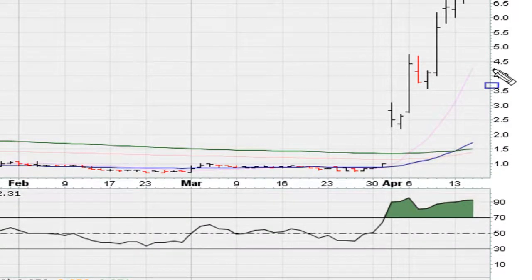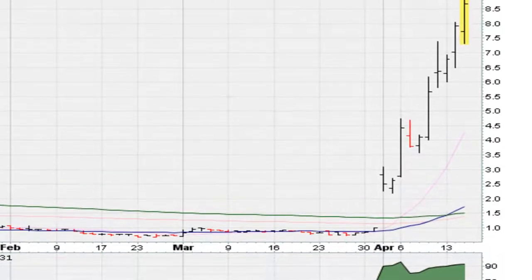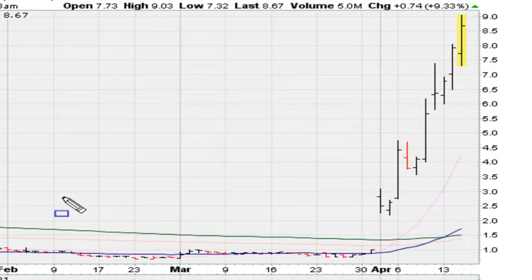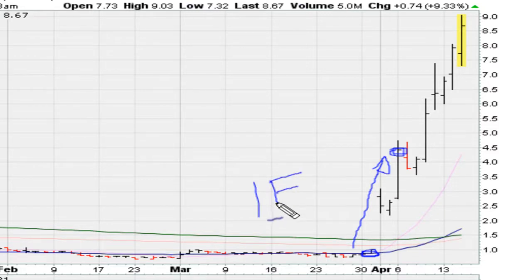And this is good because it gives us an explanation. So this is 3 months worth of data on the daily, and we want to look at this area here. We closed there after a spike, a very nice spike from about 70 cents, 80 cents, all the way to $4.50. That was a very big move. So if you had seen this move, and sometimes we don't see these moves until it's late, but if you had seen it, then you would have been sensitive and you would have watched for the stock to hold at least 2 days of rest, and then you buy the next day